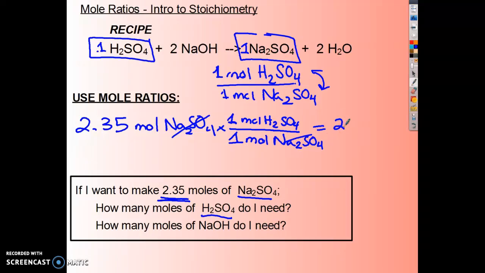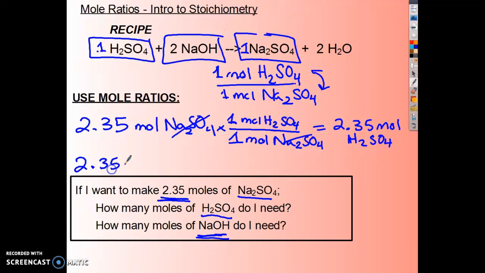And since it's a 1:1 ratio, we're going to still end up with 2.35 mole of sulfuric acid. Okay, so this is going to look a little different when we get to the sodium hydroxide in just a second. So if we do the same thing, and instead of using sulfuric acid for the thing we're changing to, we use our sodium hydroxide, we can write the same thing out, 2.35 mole